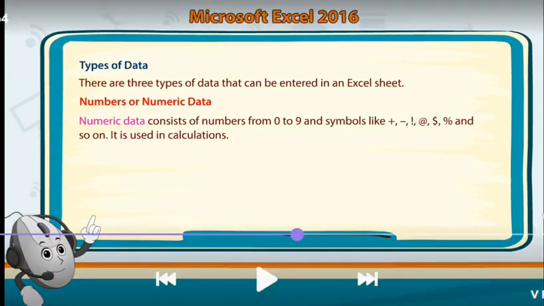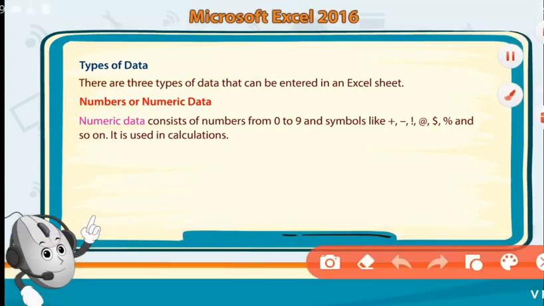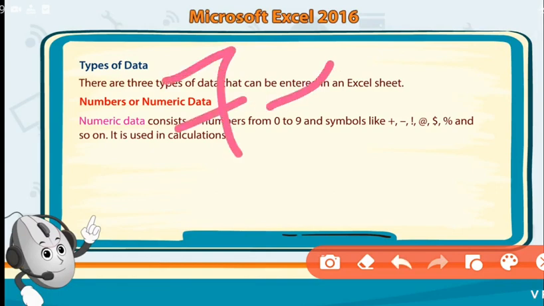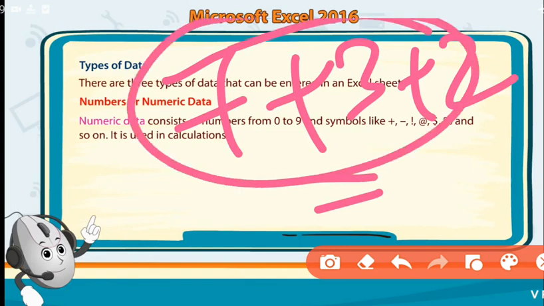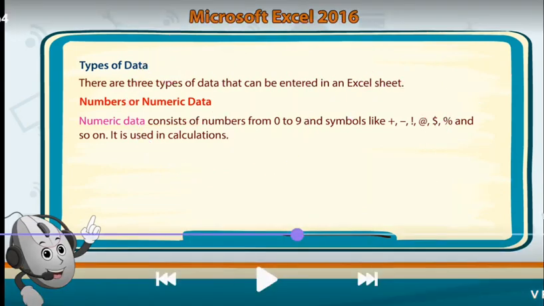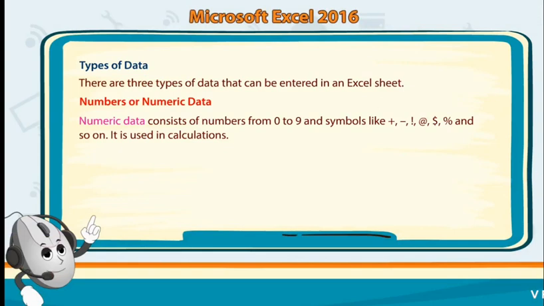जैसे suppose किसी बच्चे के मैथ्स के अंदर आए हैं 7, ओके, किसी के आए हैं 8, किसी के आए हैं 10, and I want to make the calculation in Excel, then I will use the number data, meaning 7 plus 3 plus 2. Okay, then ये data कैसा होगा? Numeric, and the total will be 12. So that is called numeric or numbers data, and it is used for simple calculations, and that is a very important part of Excel data.